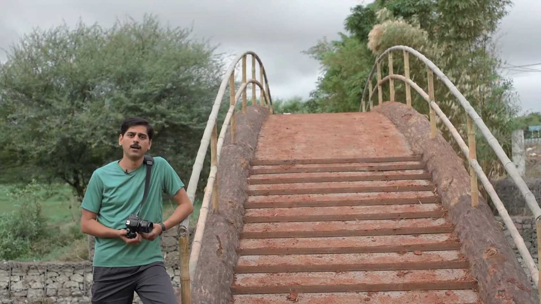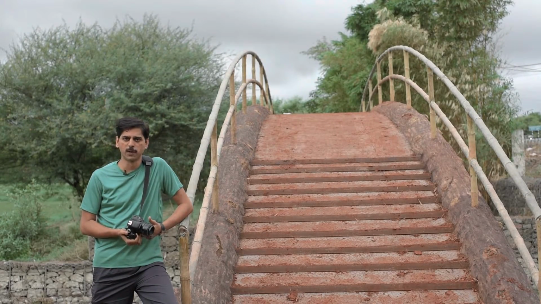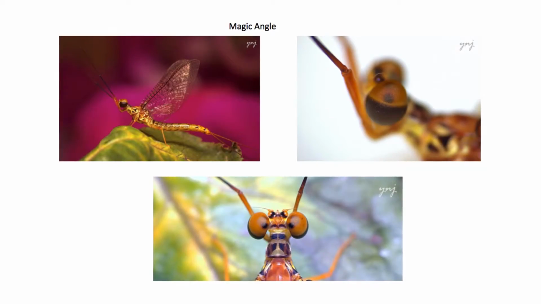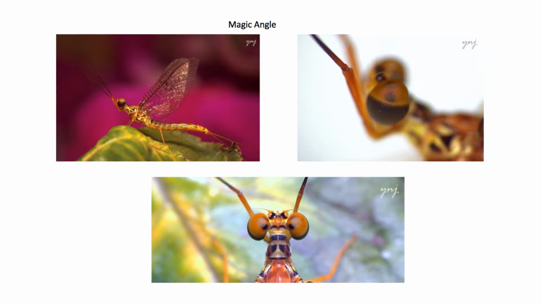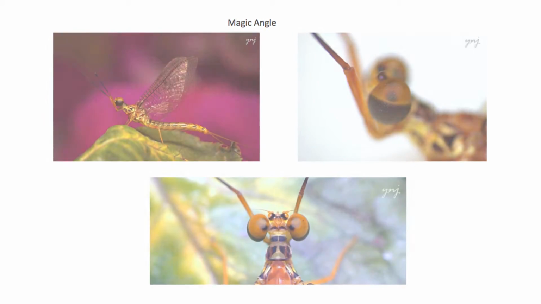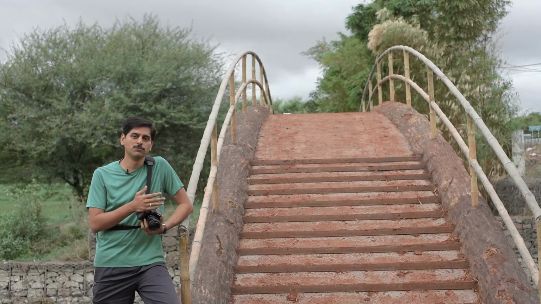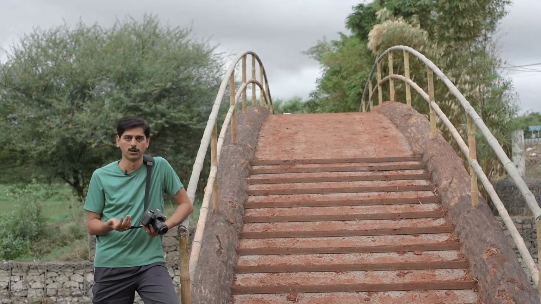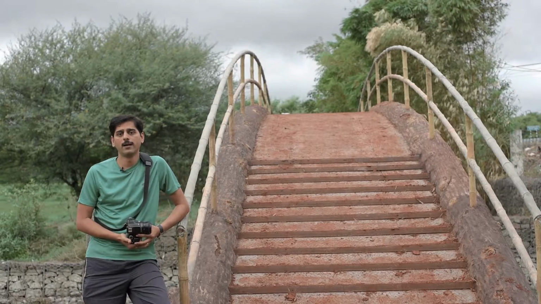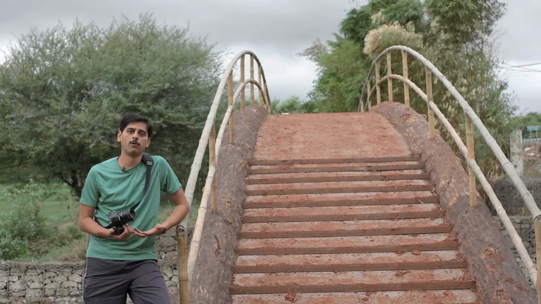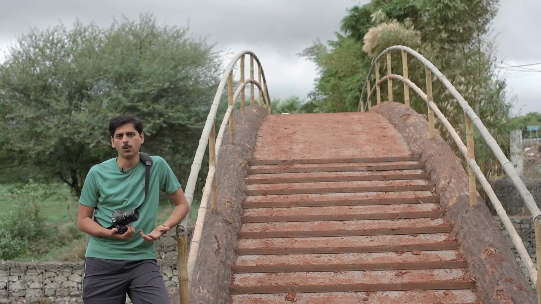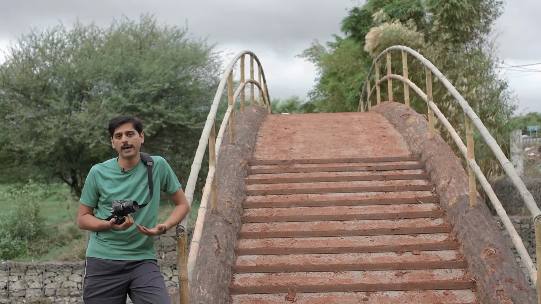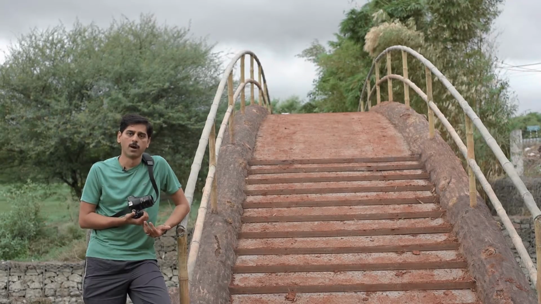With magic angle, you should also try one more interesting experiment. You should try to take photos of the same subject from as many angles as possible: front, side or even top. And most importantly, you should try to adhere to the discussion we had on magic angle and you will be fascinated that the results are really awesome. The concept of magic angle is similar to the concept of the rule of thirds. It's a rule, it's a guideline. It's really good to learn and then also to break it when the time comes.